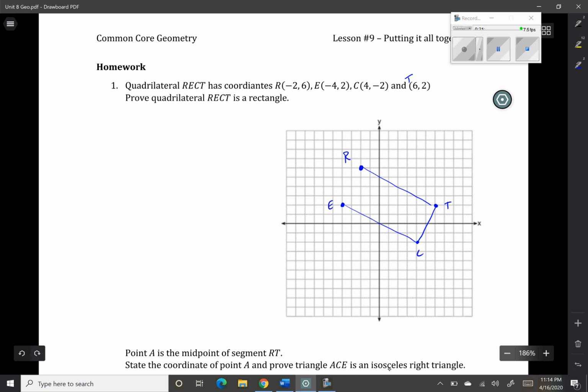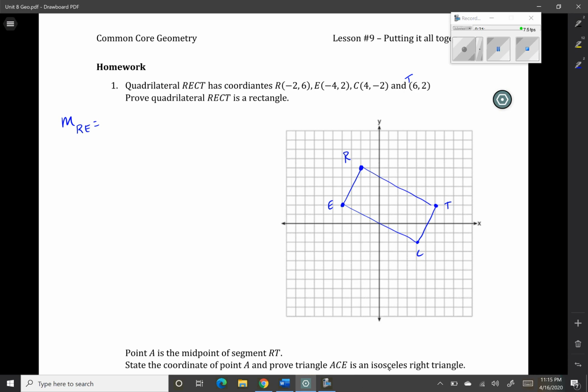Now, to prove something's a rectangle, I only need slope. I need slope to first prove it's a parallelogram. Then I need slope to say that the consecutive sides are perpendicular. No distance required at all for this problem. So I need to find the slope of all 4 sides. Slope of RE,